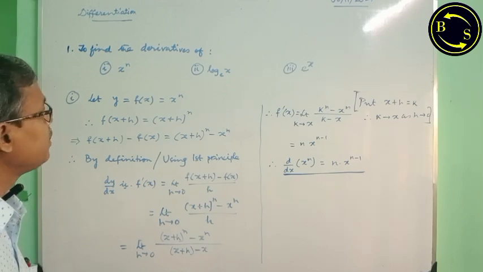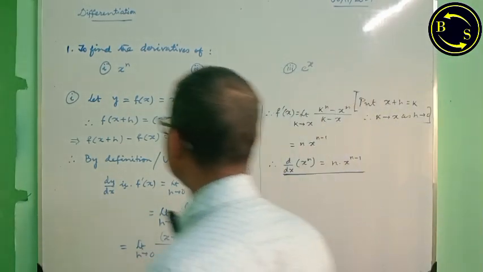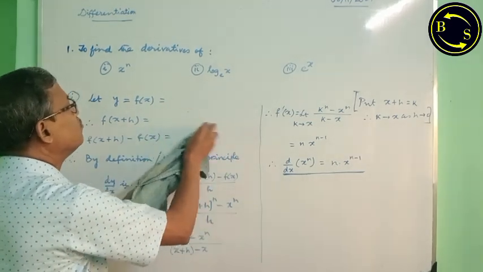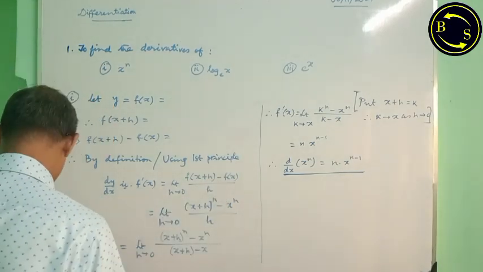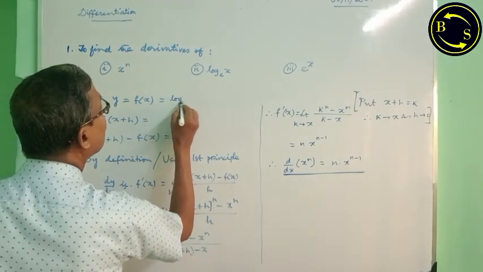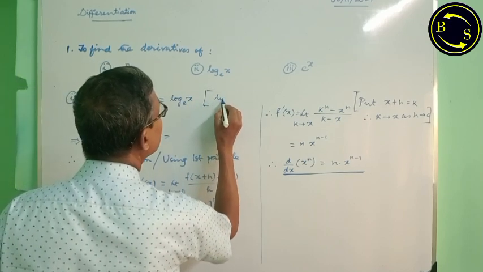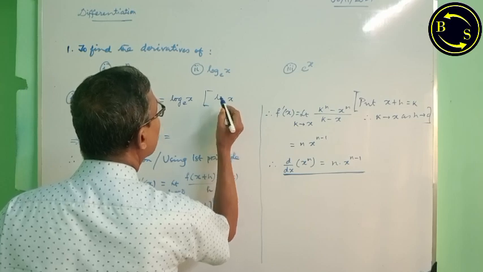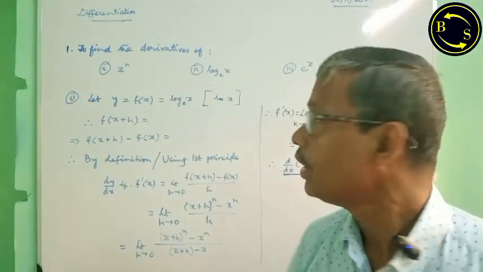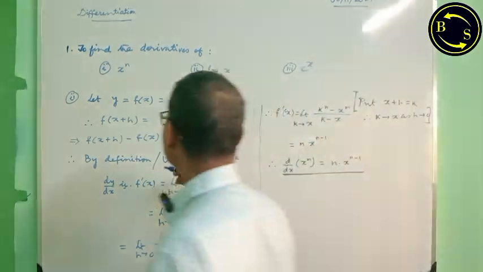Next, let us find the derivative of log x. You are to follow the similar steps, just I start like this. Also, already I have discussed, this is log x, natural logarithm, log x. In short, when base is e, we write it ln x. Then it will be